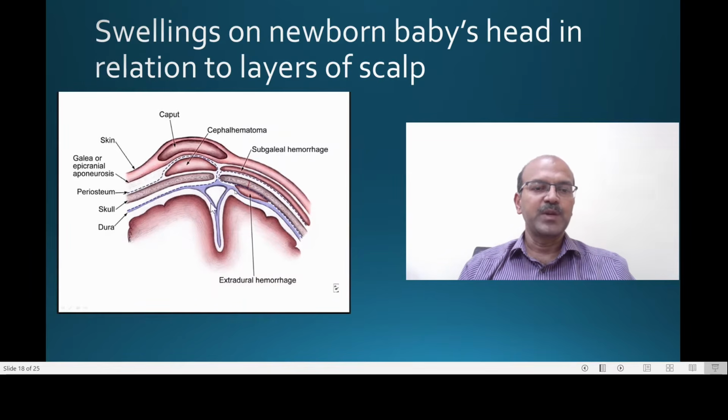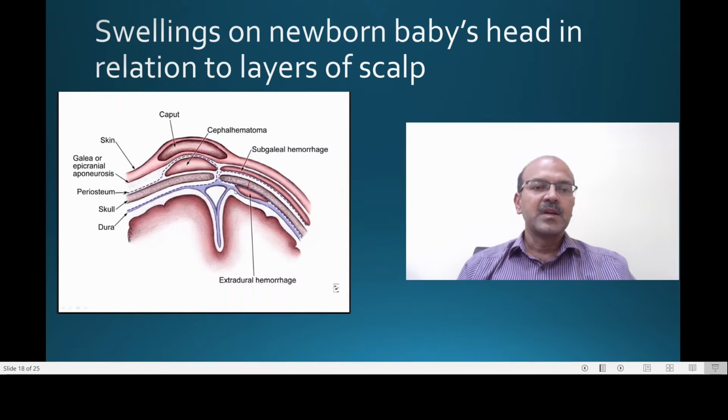So you may have subdural bleed when the bleed happens just over the surface of the brain. This is quite serious. We may have a bleeding in the periosteum, so this is called a cephalhematoma. Because it is limited by the suture, it doesn't cross the edge of the bone. So suppose it's on the side over the parietal bone, it doesn't cross the parietal bone surface. So this is how we can distinguish, and it's a fairly tense swelling because it's limited by a tight periosteal